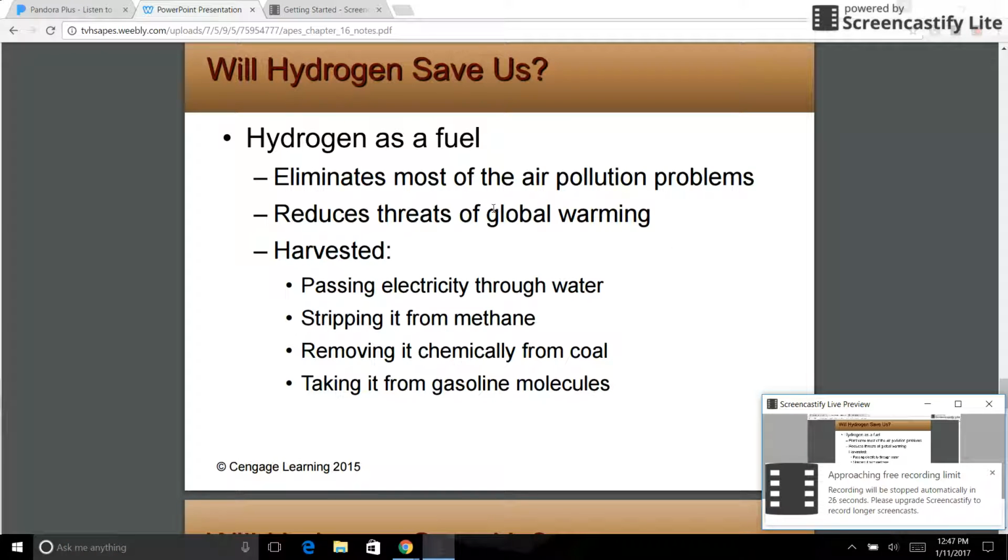So, but it eliminates most of the air pollution problems. It does reduce the threats of global warming because you're really producing just water as waste. And this is how it is harvested. So, or methods of harvesting it, these four. So you can pass electricity through water, strip it from methane, remove it chemically from coal, and you can take